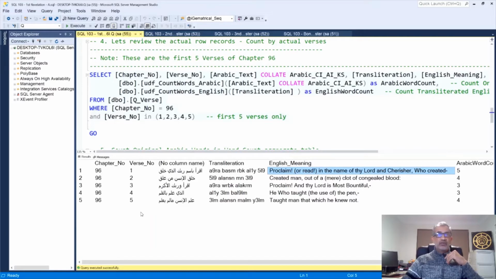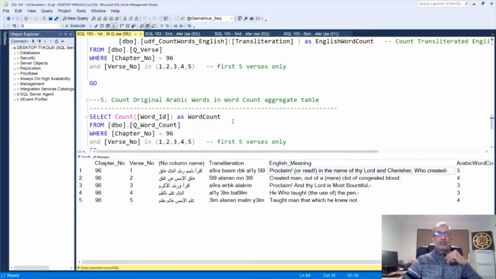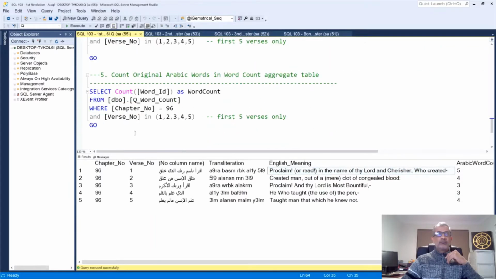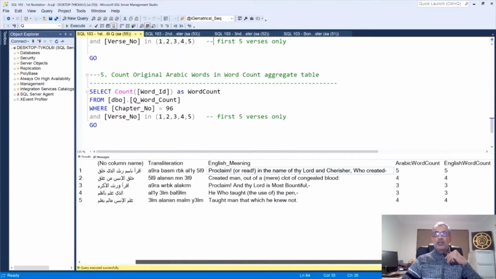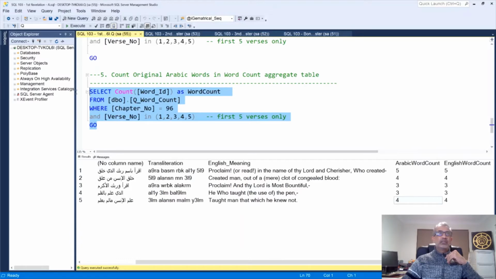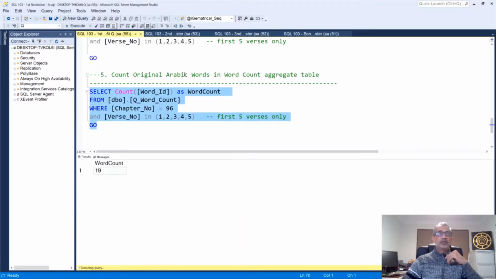So you can see the first 5 verses right there, and that's more detail about the verses, and you can see the count of each of those words. And if you add these up, 5 plus 4 plus 3 plus 3 plus 4, get 9, 12, 15, 19. So you get 19.